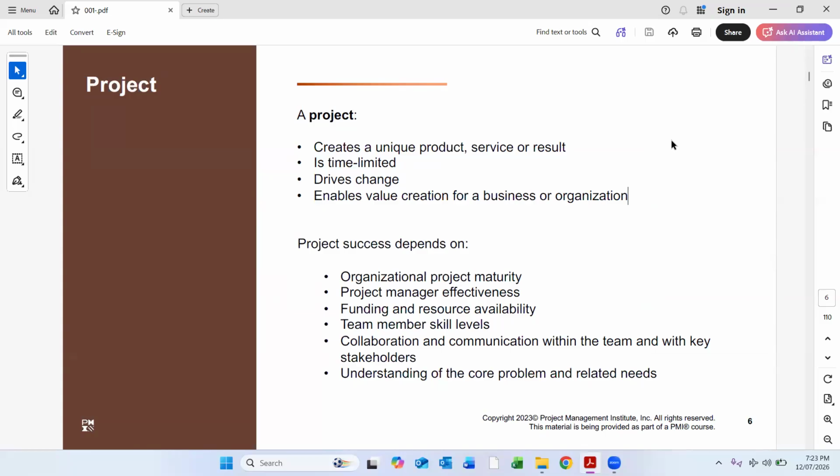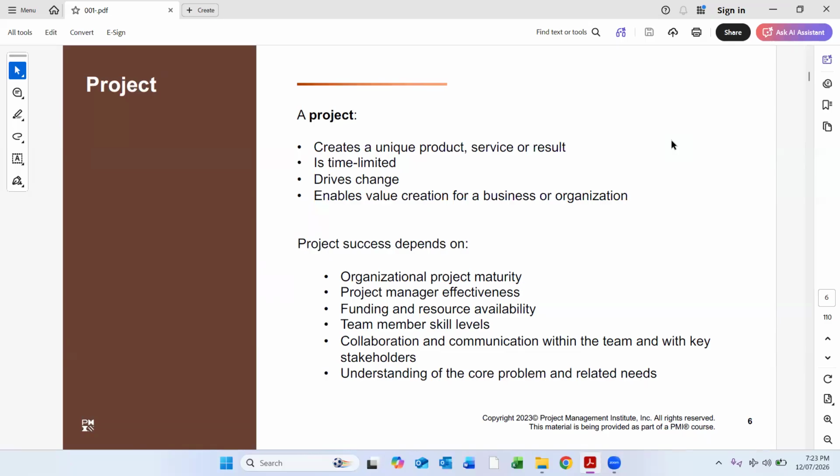But now, in this PMBOK guide, they have added that it should enable value creation for the business organization, and it should also drive changes. So this is the first thing you should know when starting the PMP course: the definition of a project, that it is a unique product, it is time related, it will drive changes, and it enables value creation for business organization.